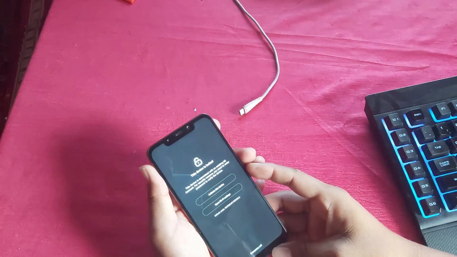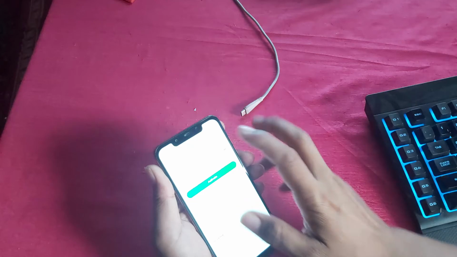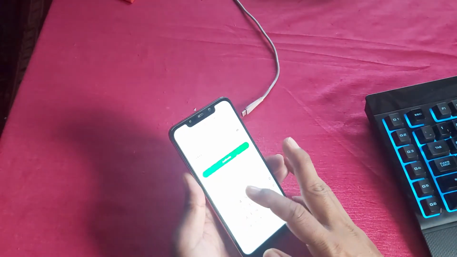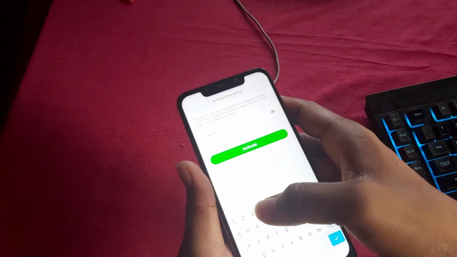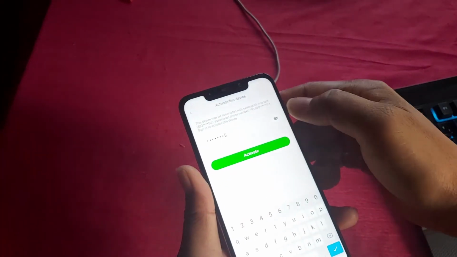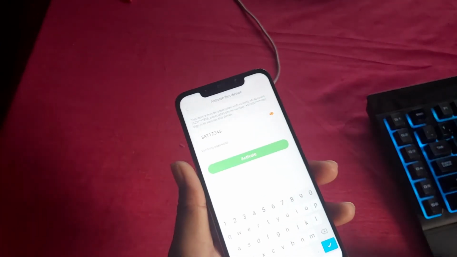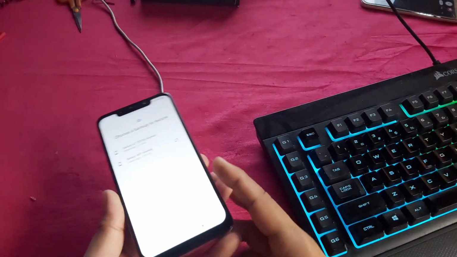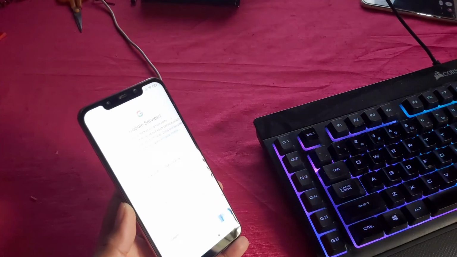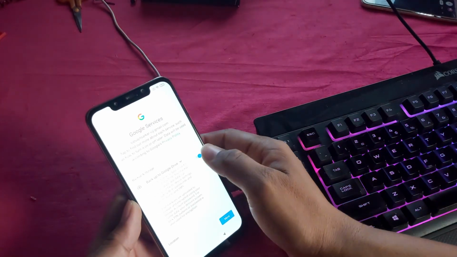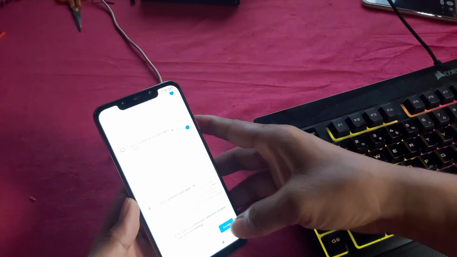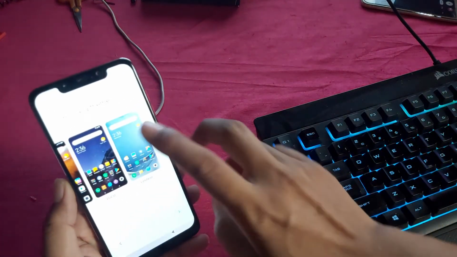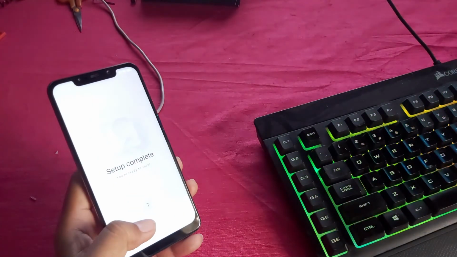And then go to the smartphone. You can see here, guys. Now enter your new reset password. Now the password reset is complete. You can see here, guys, the smartphone is already unlocked. You can see here, guys,